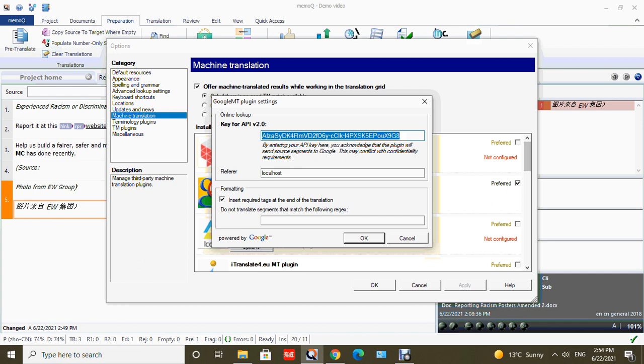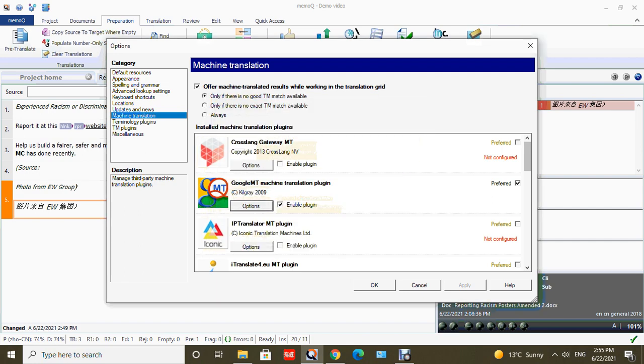The fee that Google would charge is really low. For using their database, I get charged about a couple of dollars per month if I'm doing a lot of work. I will have another presentation that shows you how to obtain the API key so that you can paste it into your software under machine translation. Say okay here, and then you can see that there are the